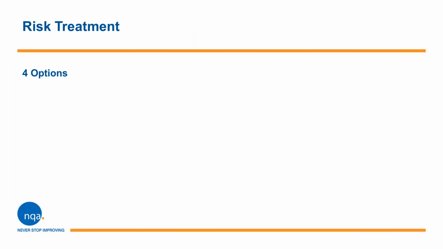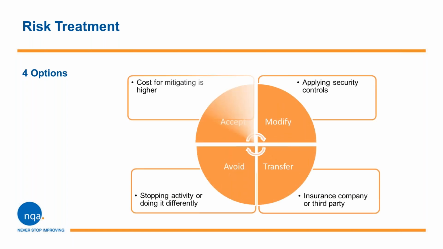Of course, not all risks are created equally. You have to focus on the most important ones, the so-called unacceptable risks, which break the threshold at which you accept. There are 4 options you can choose to mitigate each unacceptable risk. So modify is the application of security controls from Annex A within the standard to decrease the risks, and we'll have a little look at this in more detail.